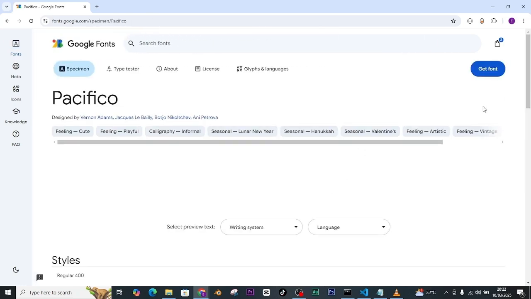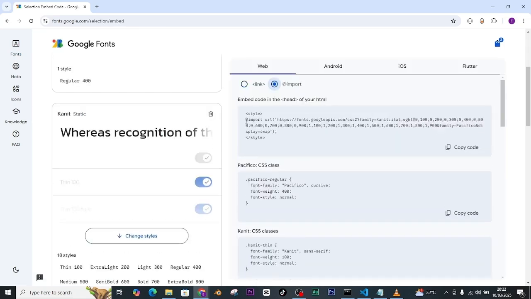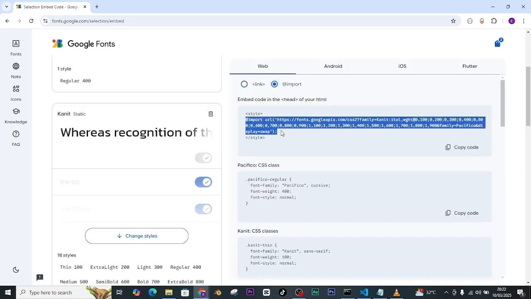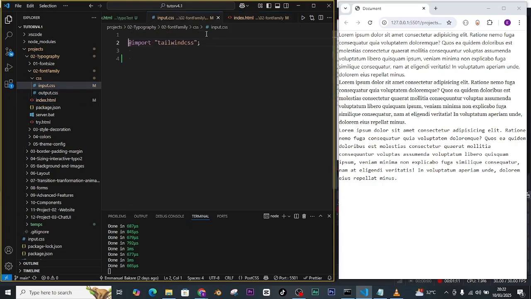This is the style, and we'll get the font, and you can either download the font or embed it. I'm going to embed it, pick out the import, and then I'll put it in my input file where I'll say import, which imports the Pacifico font. And instead of using the